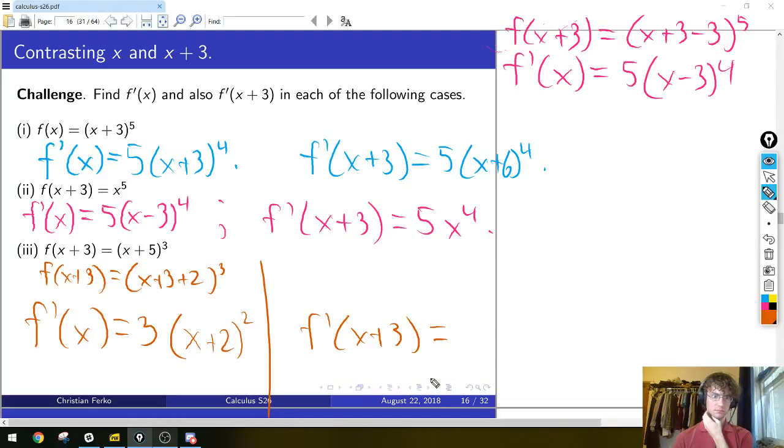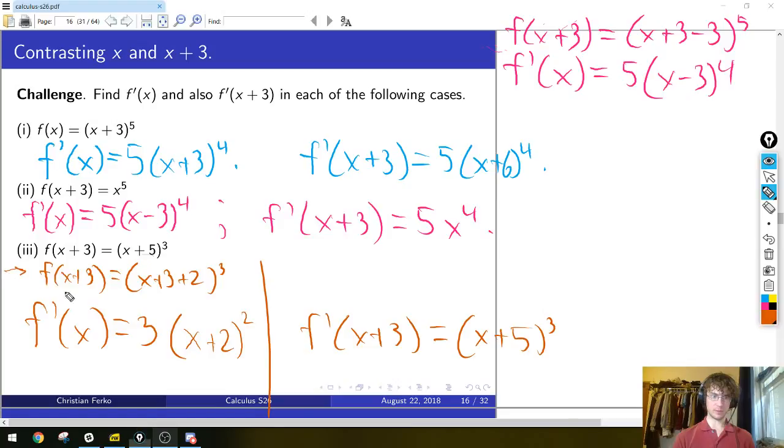So our first step is that this is equal to x plus 3 to the power of 3. Let's see, x plus 3 to the 3. No, that's not right. That would be, as we were given, x plus 5 to the power of 3. Yeah, I think this one is indeed x plus 5 to the 3, and the intermediate steps are that we